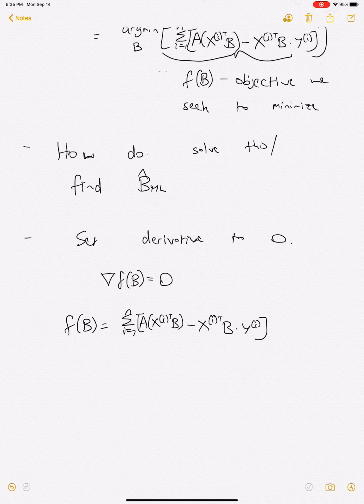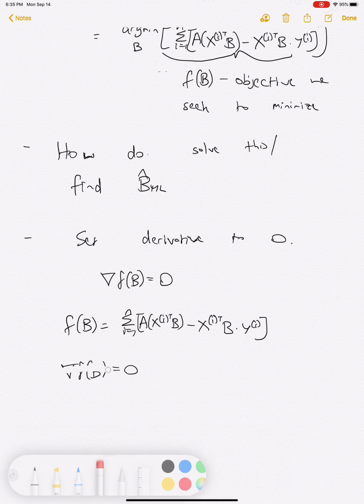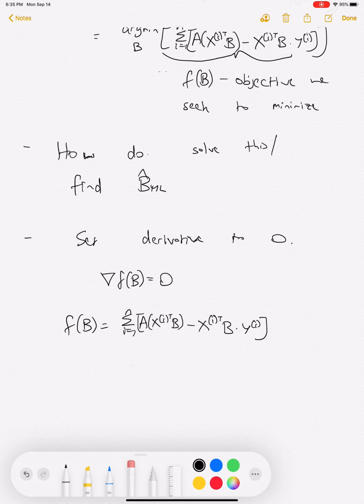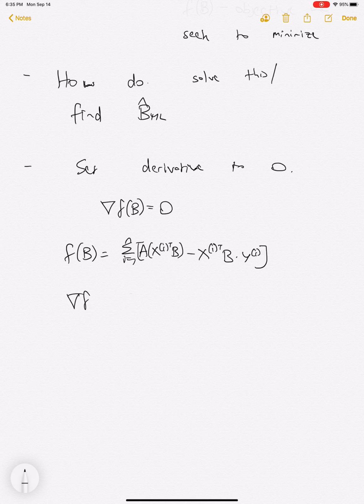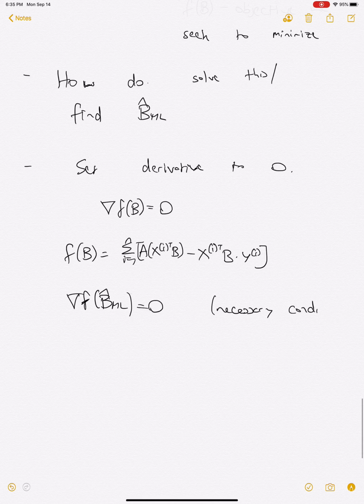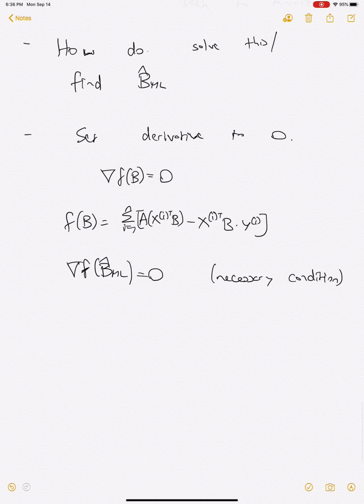Okay, and so let's set that to 0. So, or let me just... all maximum likelihood, a necessary condition, I should say. Okay. So this is a necessary condition for a minimum. And in general, what we have here is that